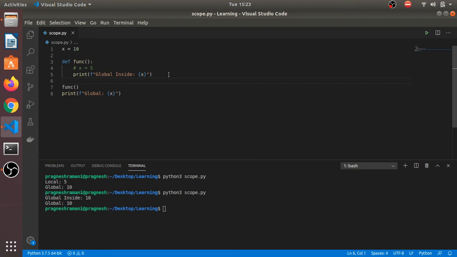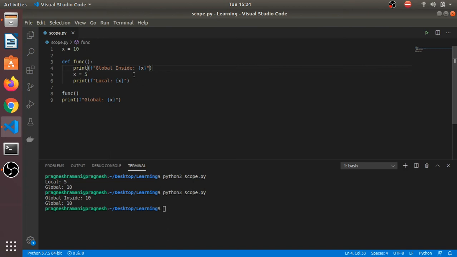So what if I am writing a program like this, and this is our local variable, right? And if I am changing that variable which is defined in the function, and also want to access the global variable, then what will happen? According to whatever we have seen so far, we can print and access the value of global variable inside of the function.